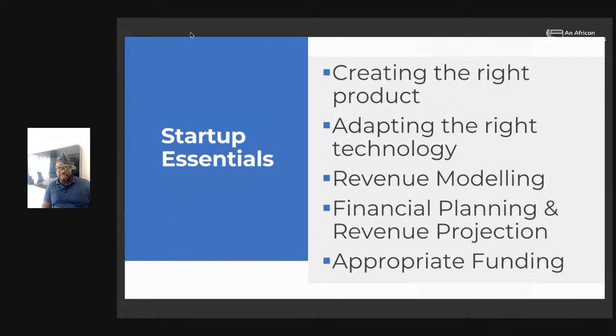Okay. Another thing that we're going to be looking at is revenue model. Revenue modeling is a very interesting part of every startup or every business. It is how you are able to capture value for your company, for yourself, for your stakeholders, for your investors, in such a way that is sustainable. It's not that you capture value today and can't capture another thing.